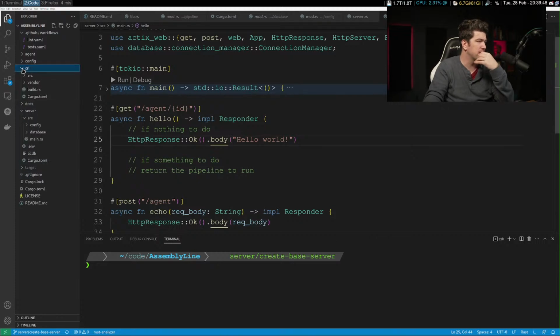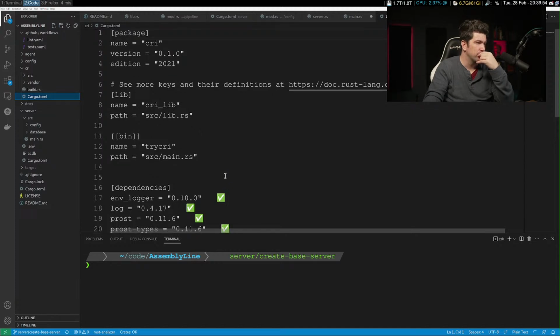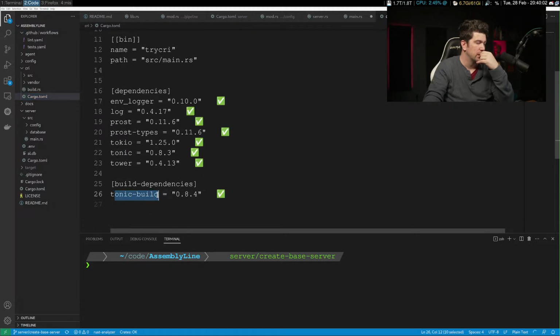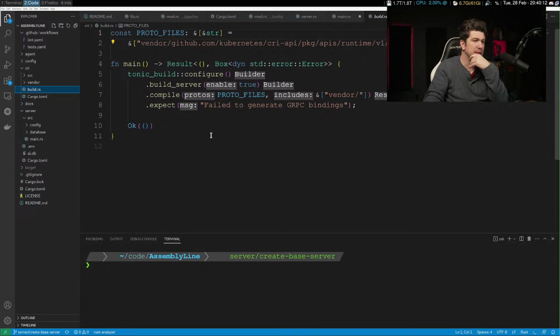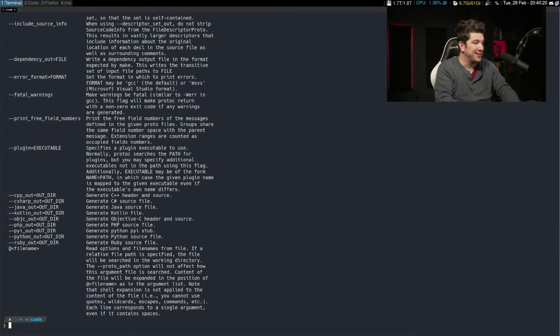We can look at the CRI here. Let's see. There's Prost and tonic build, which is what this is doing. And does this require... Actually, let's just see if I have it. I don't have Proto C, so I don't have ProTalk on my computer.